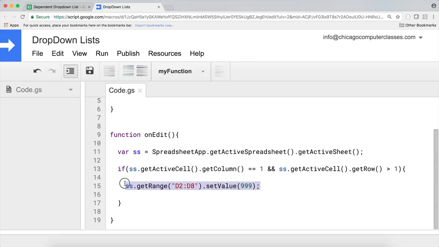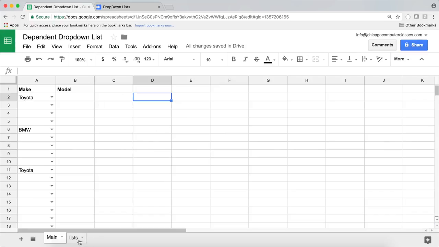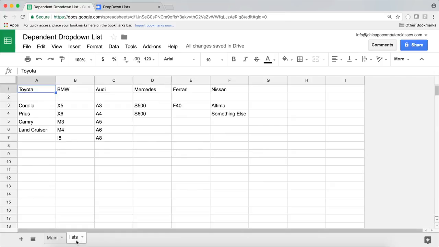So let's try to do that. I'm first of all just going to say D1. Let's put that. And I'm going to have to go and search in this tab that's called lists, right? So I'm going to go search in this tab in this range from A1 through I1 and see where that is. The first thing I'm going to do is get all those values from this tab